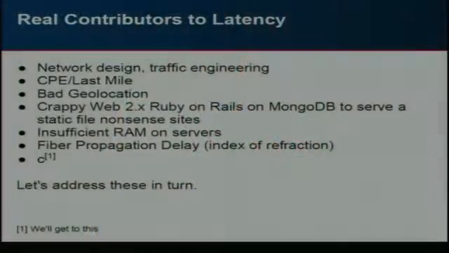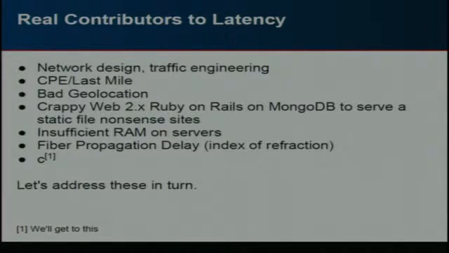The real contributions to latency came out of our discussion with ourselves, as well as some testing I've done for our residential network, where I was just terrified at some of the CPEs that our users had been trying to use on our 100 gig service at home. So obviously you have network design, that's what we all talk about all the time in our discussions. Can we route this better on the backbone? What can be done? The CPE thing though, that's pretty big.